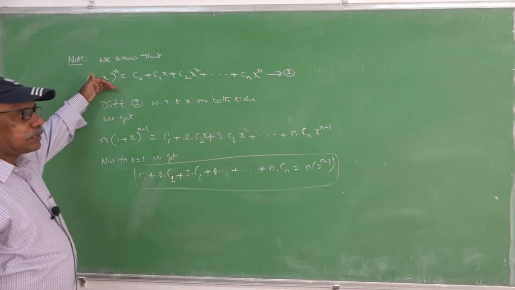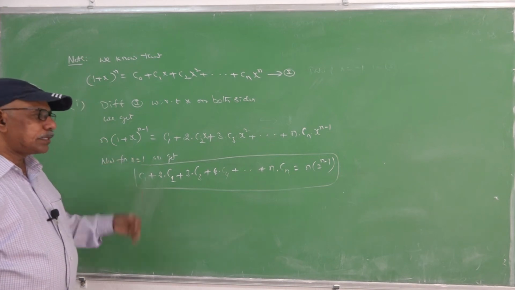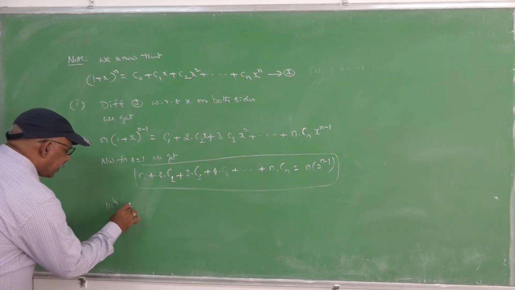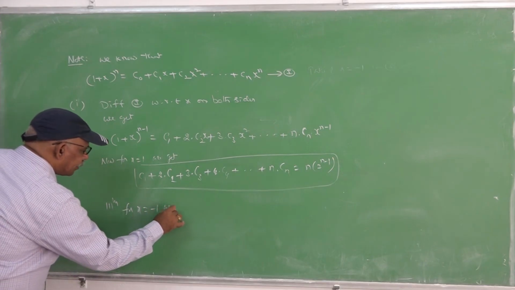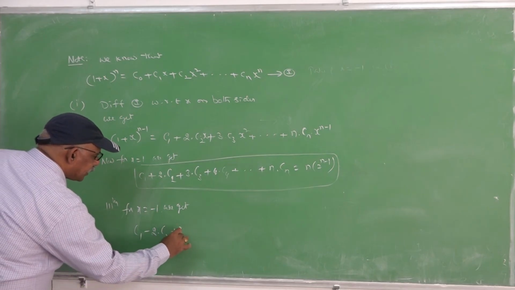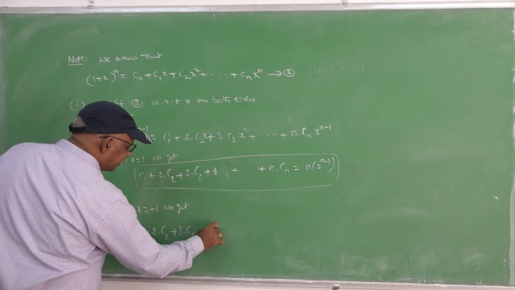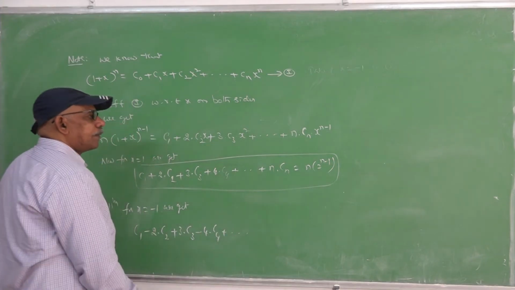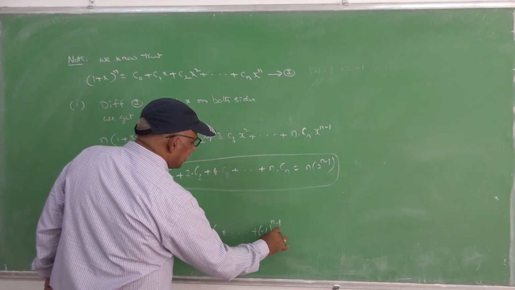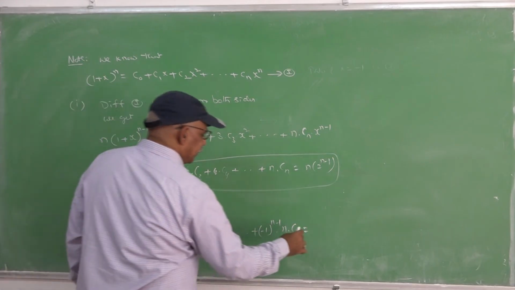Once you differentiate this expansion with respect to x, you can put different values for x. Here I am taking x equal to 1. Similarly, for x equal to minus 1 also, we get one more result. c1 minus 2c2, alternately plus minus c3, because here is x square. Alternately, we get plus and minus. So based on n, we get minus 1 whole power n minus 1 into n into cn, and this is nothing but 0 clearly.